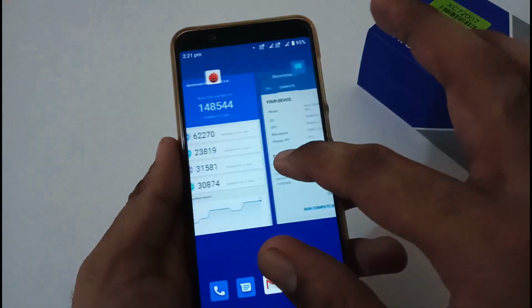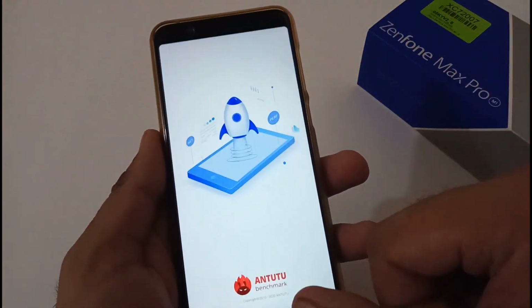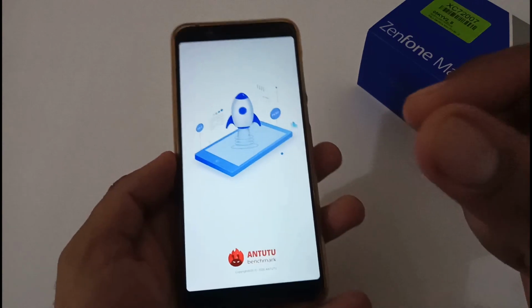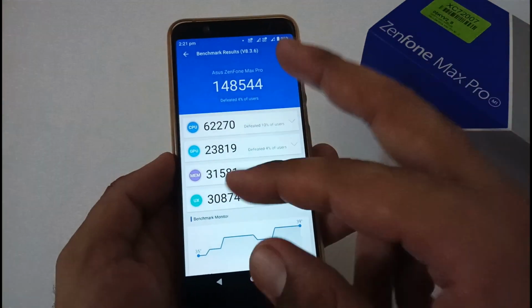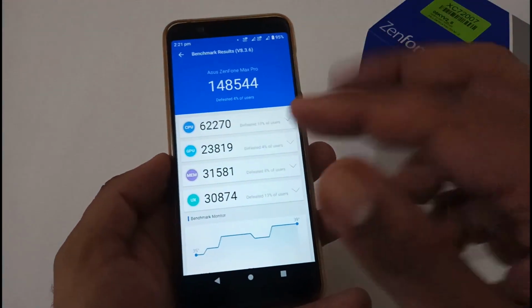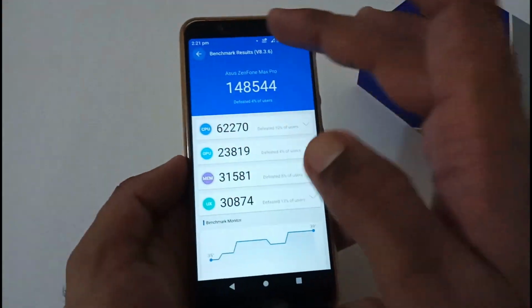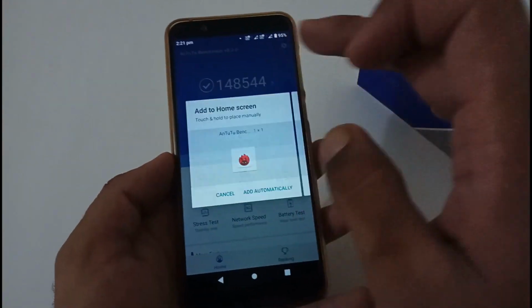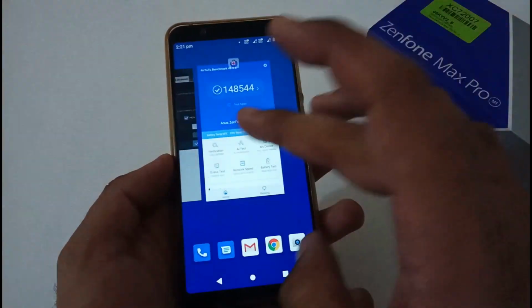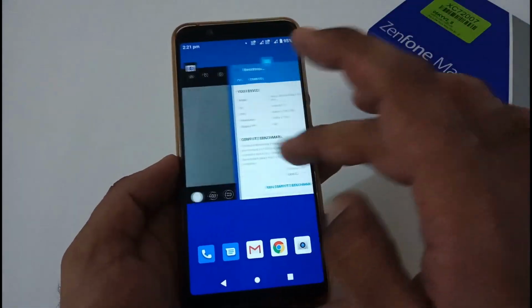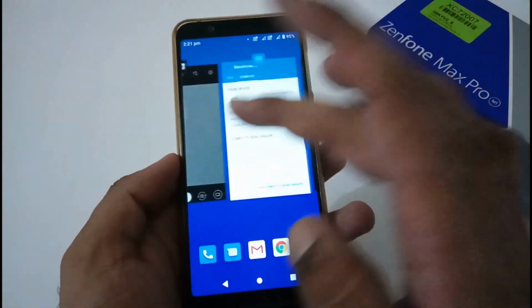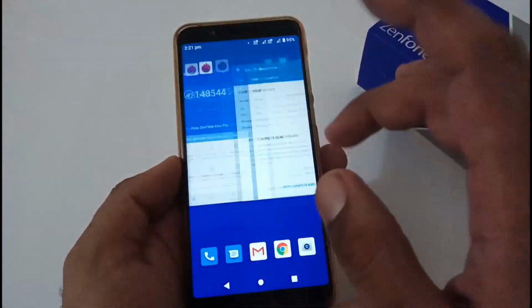Apart from this, let's open a few other things like the Antutu benchmark. This particular app always restarts, but it will open from the same window where you left off rather than from the window showing only the overall score. Apart from this, let's open maybe Geekbench. It is working absolutely fine.